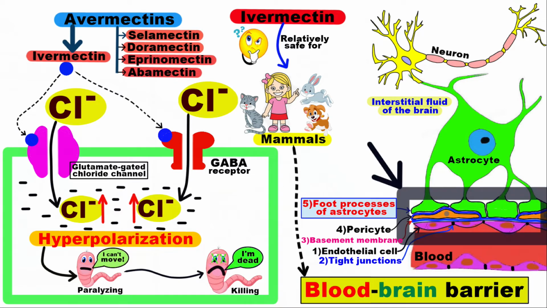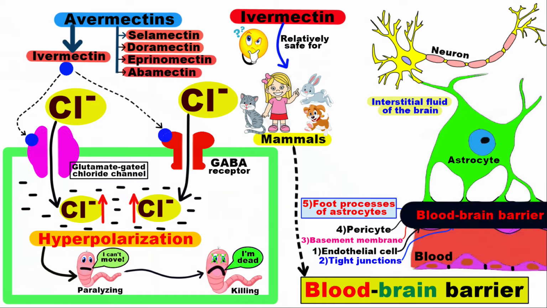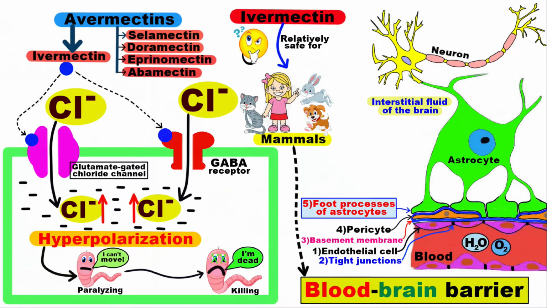Now, I'll highlight the blood-brain barrier with this black rectangle. It acts as a barrier between the bloodstream and the extracellular space of the brain, allowing only certain substances like water, oxygen, and small lipid-soluble substances to easily cross from the blood into the brain. This prevents toxins, pathogens, and other potentially dangerous substances, like ivermectin for example, from crossing from the circulatory system into